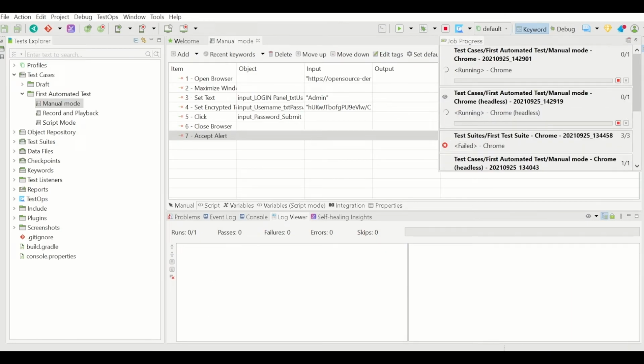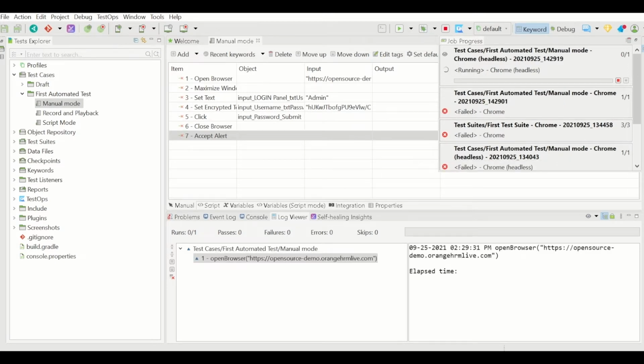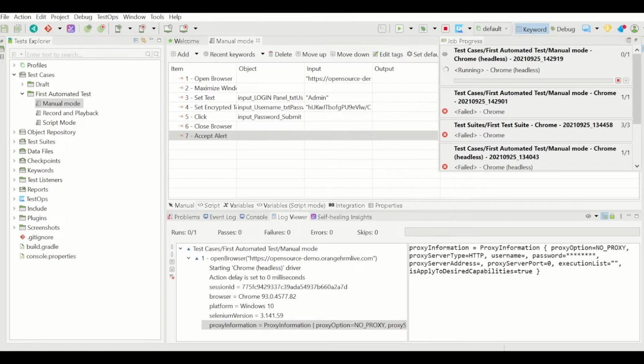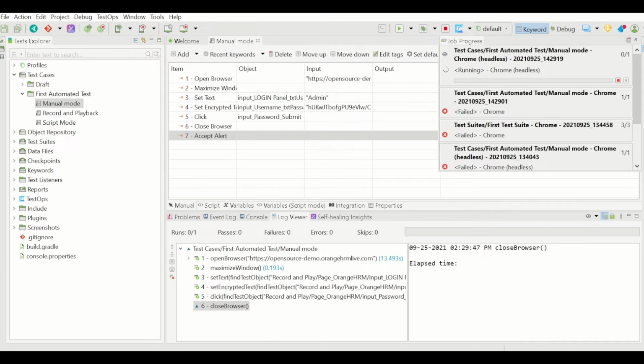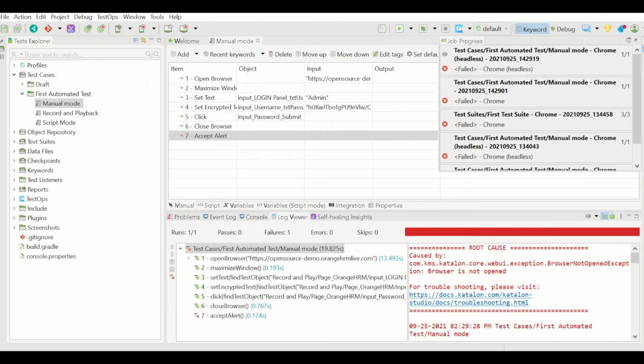Let me just see. You have seen it has finished execution in the UI mode. Now it is doing the execution in headless mode. Okay, it has finished in the headless mode as well.